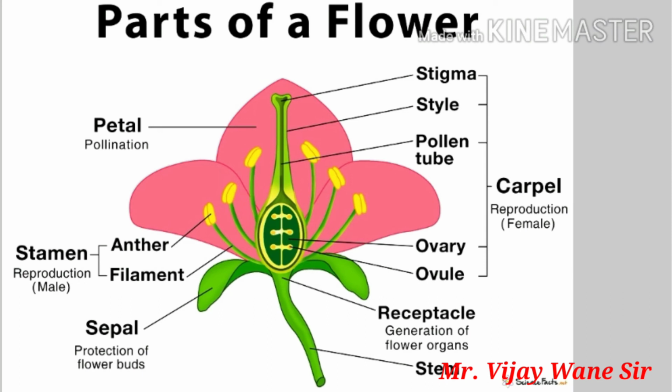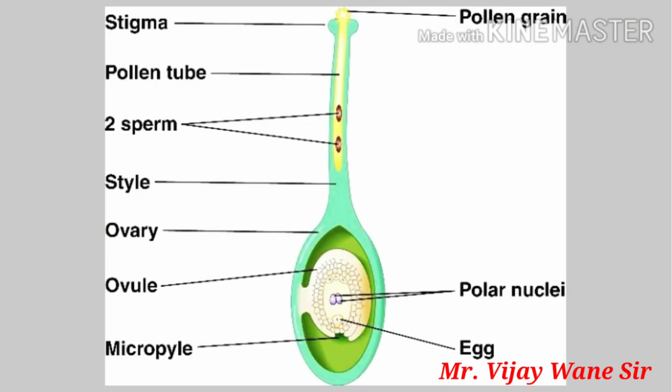Now this is very important. Pollen grains are produced in the stamen, which is the male part. Now the pollen grain needs to be transferred to the stigma, which is the female part. So this is a very important step in the production of the seed. So you have to remember it properly. So this transfer of the pollen grain from the anther part to the stigma part is called pollination.